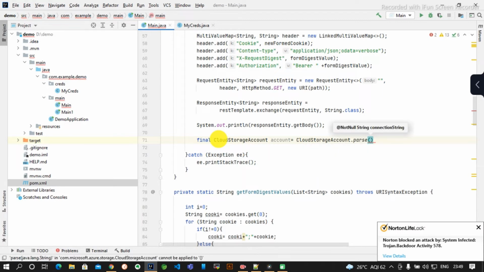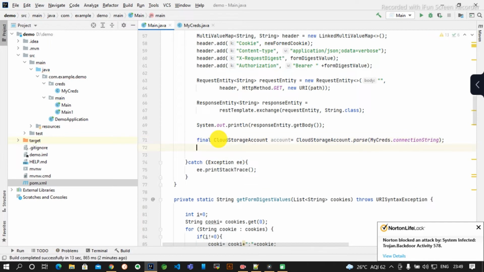So here we need to access the account. If you are familiar with Azure Blob Storage, Azure provides a connection string. Through the connection string we can establish the connection. I cannot show you my connection string, but it is in my config file. So I will use the config's connection string. At this point the connection gets established. I will write the code, then I will walk through the whole code.